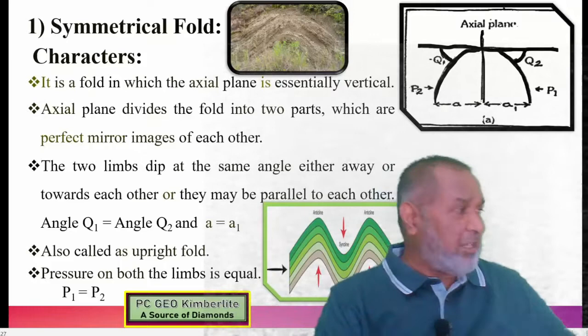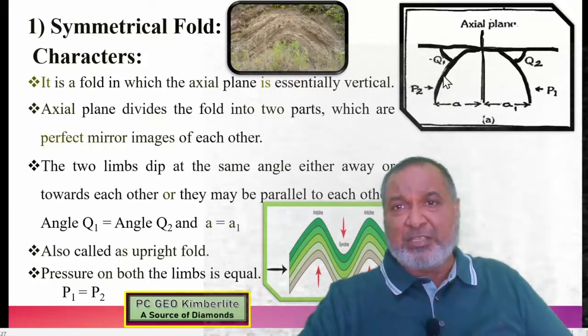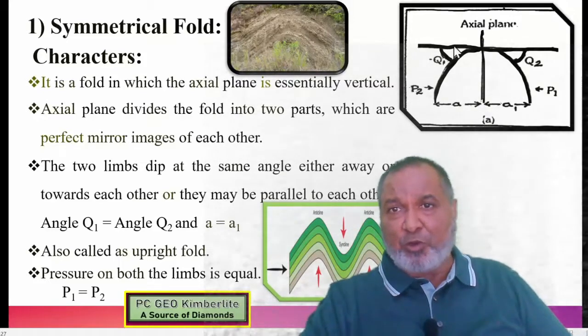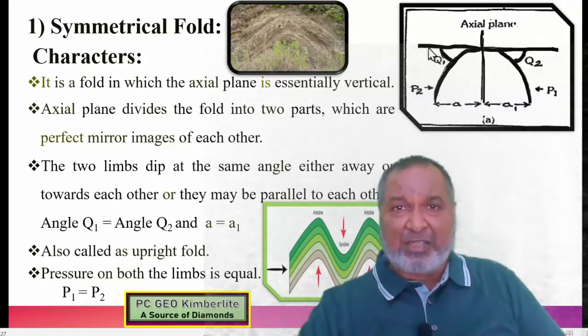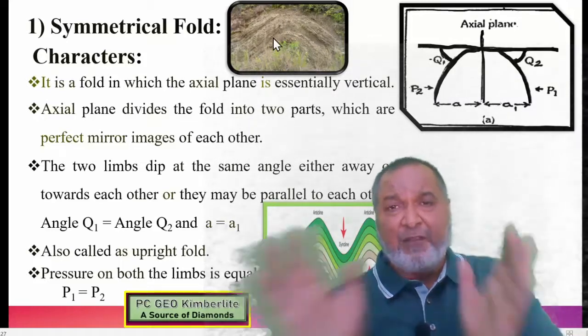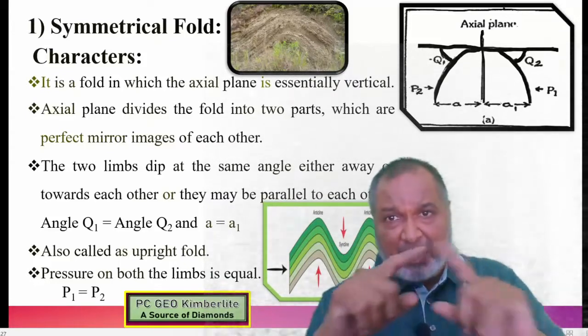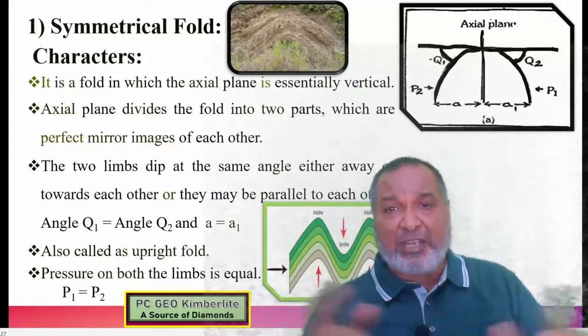What is symmetrical? We have just seen the block diagram, or you can see it in this diagram. This is the anticline. This is the axial plane, and this is the horizontal imaginary surface. From the horizontal imaginary surface, the limbs on both sides are dipping at the same angle. If you draw the axial plane here, the limbs dipping in this photograph dip at the same angle. Then it is called symmetrical. Now it is an anticline, so it is called a symmetrical anticline.